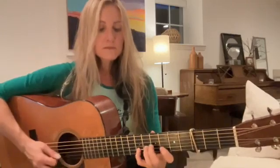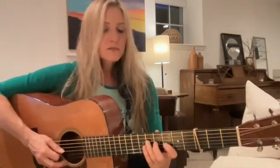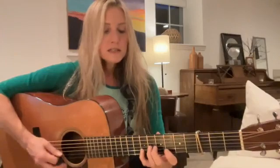Okay, so now it should be a little bit clearer as we go. Nice little straight path down the line of the minor pentatonic scale. So we ended with that down on the 1st finger, 3rd fret, 1st string, up on the 6th fret, 2nd string, down on the 3rd fret, 2nd string, up on the 5th fret from the capo, 3rd string, down on the 3rd fret, and then an up on the 5th fret, 4th string. So da da da da da da. So that little lick is...